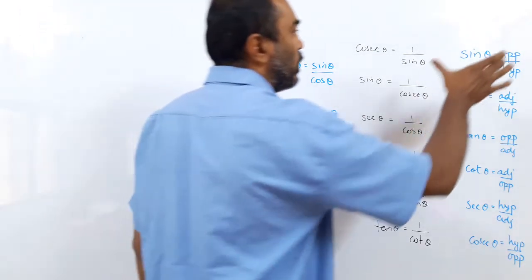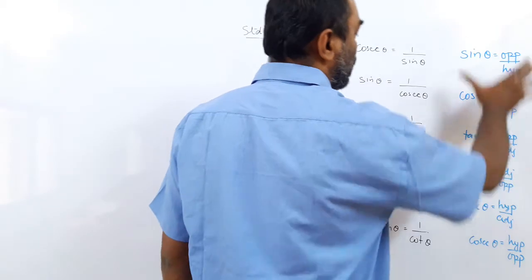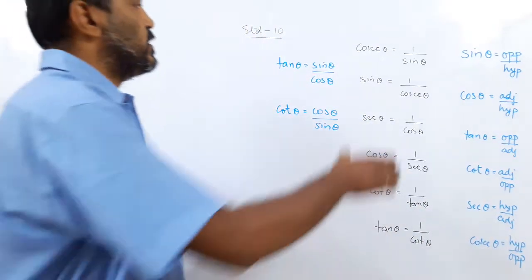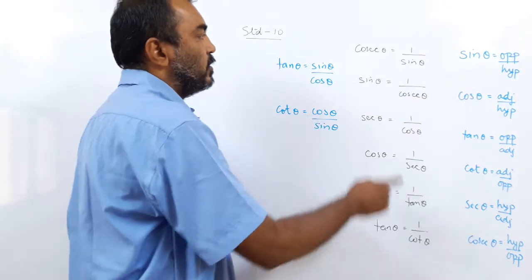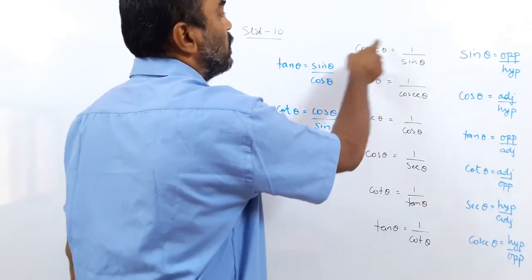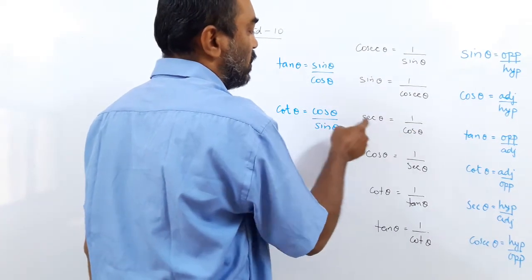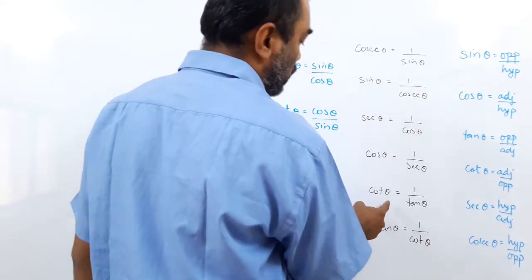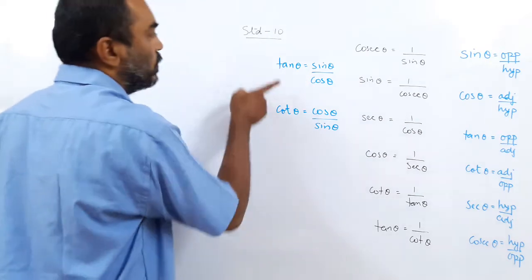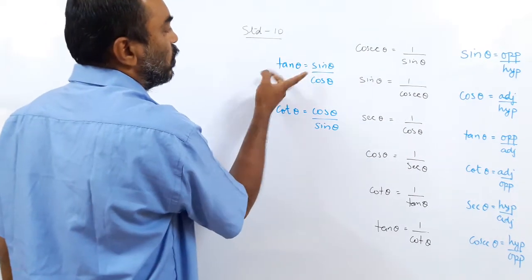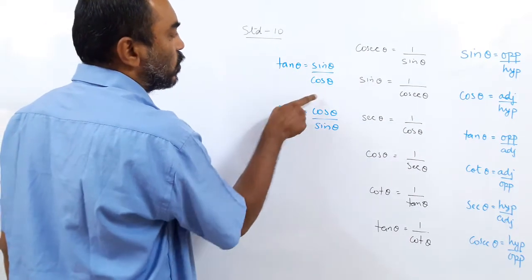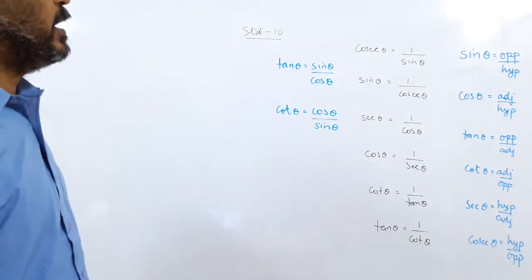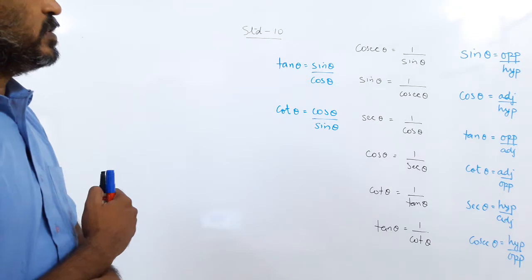What have we derived from? Again the start: first the trigonometric ratios. The most important part is the trigonometric ratios. These are the reciprocal identities. So sin theta into cosec theta equal to 1. Cos theta into sec theta equal to 1. Tan theta into cot theta equal to 1. Here you can see the reciprocal here also. Tan theta is sin theta upon cos theta, and cot is the reciprocal, so cos theta upon sin theta. Theta is the angle I named here. The angles can keep on changing.